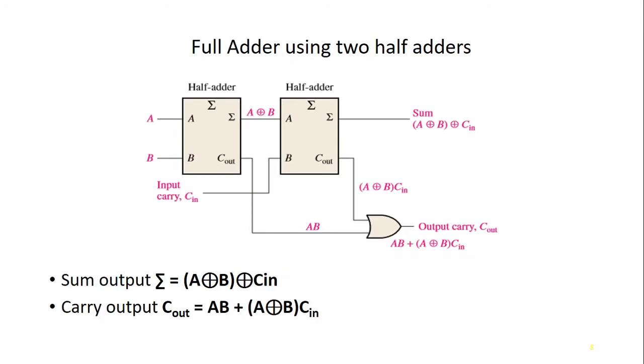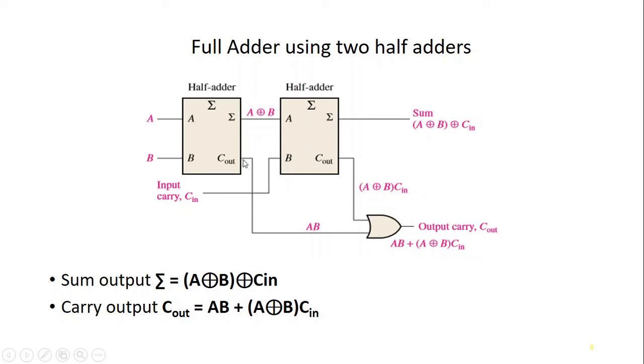We can implement the full adder using two half adders also. The first half adder takes the first two bits A and B and produces the sum output A XOR B and another carry out A and B. The second half adder takes A XOR B, which is the sum from the first half adder, and the carry in input of the full adder, and produces the sum and a carry part A XOR B and C in,